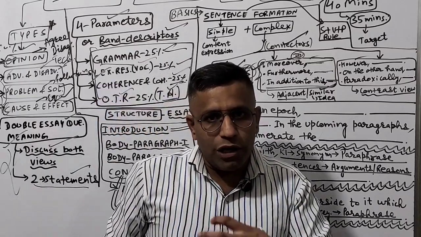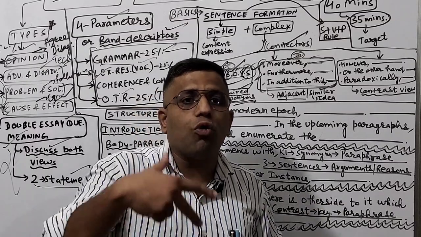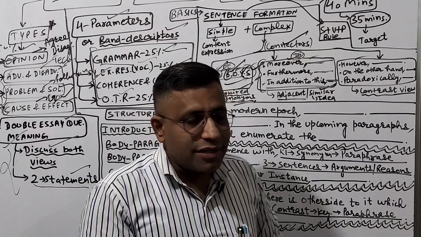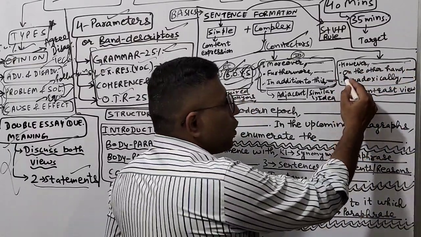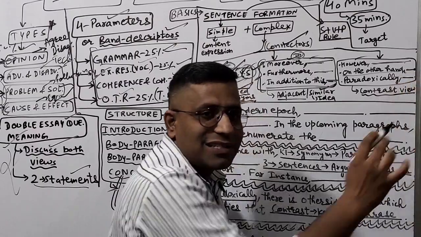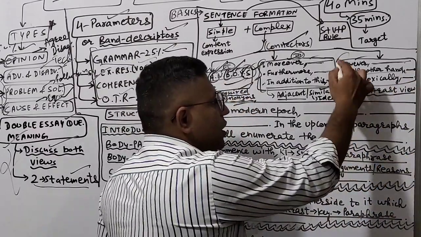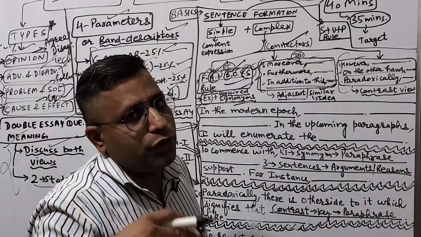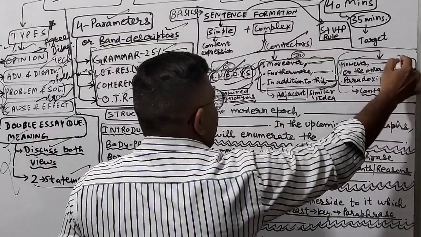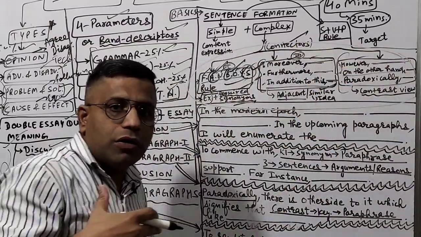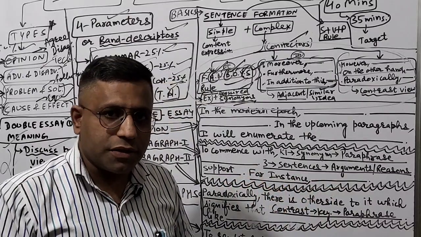Now, sometimes while you're writing an essay, you have to express the contrast viewpoint also. That means the opposite side. So 3 connectors I have used here. One is however, comma, then the sentence, then full stop; on the other hand, comma, then the sentence; and last is paradoxically, comma, then the sentence. Out of these 3, it's your privilege. Whichever you want to use, you can use according to your privilege only. So these together make up a good essay which will have a mixed blend of simple plus complex sentences.